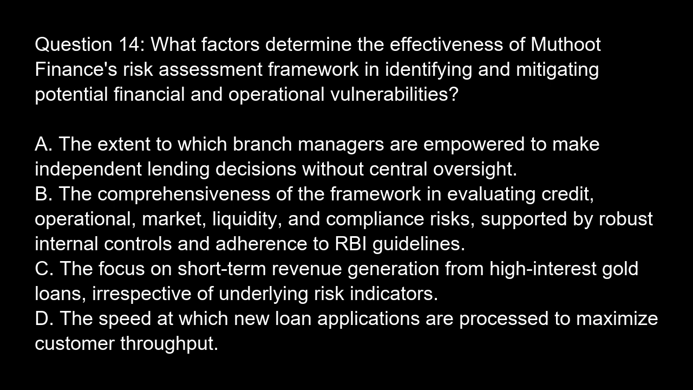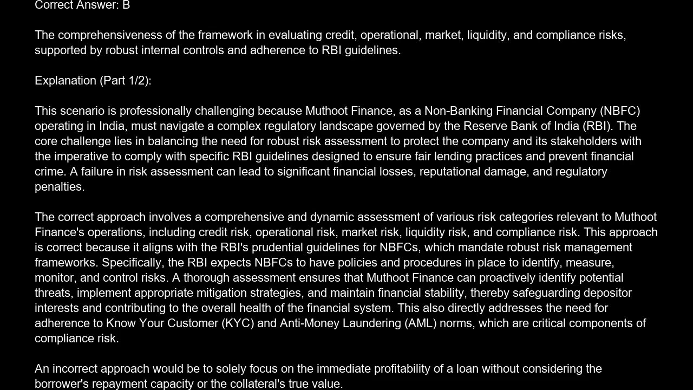Option C. The focus on short-term revenue generation from high-interest gold loans, irrespective of underlying risk indicators. Option D. The speed at which new loan applications are processed to maximize customer throughput. The correct answer is B. The comprehensiveness of the framework in evaluating credit, operational, market, liquidity, and compliance risks, supported by robust internal controls and adherence to RBI guidelines. Explanation: This scenario is professionally challenging because Muthoot Finance, as a non-banking financial company, NBFC, operating